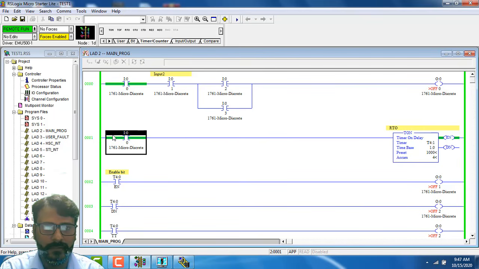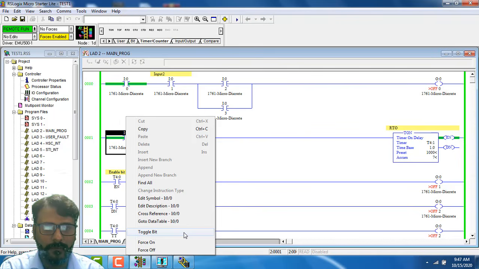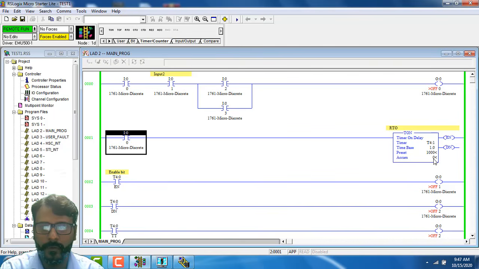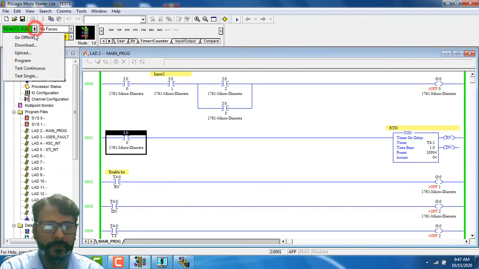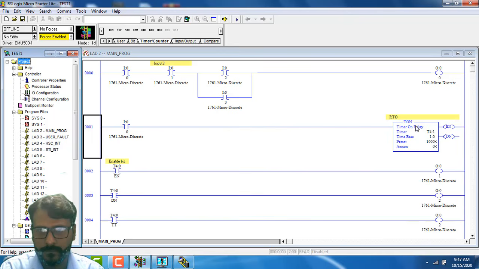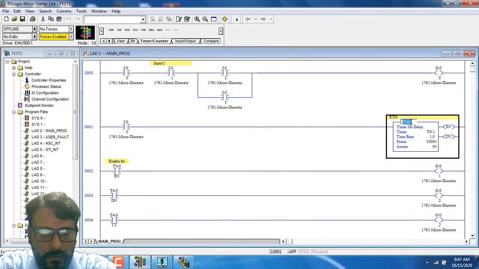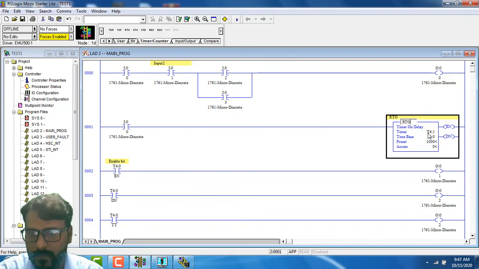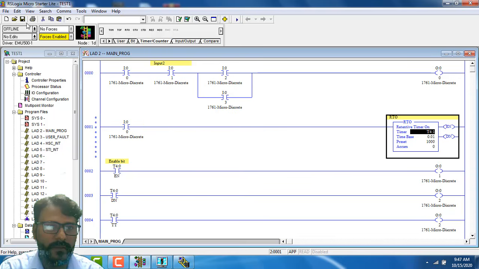But when I turn off the input, its value will go to 0. But in the case of RTO, this value remains, it saves the current value. Go to RTO and I will take here 0.01 for fast working. So save this one and download